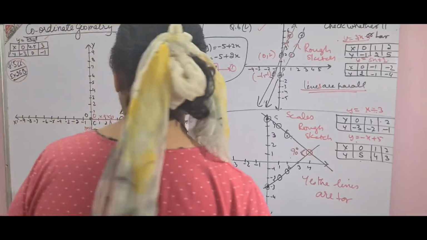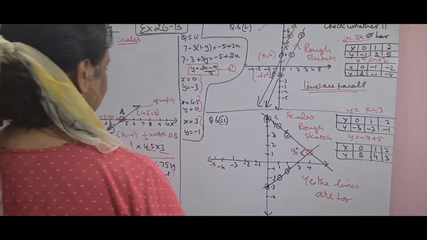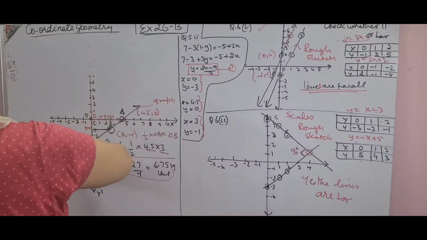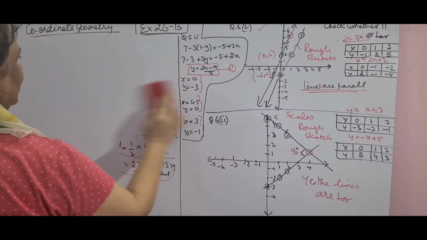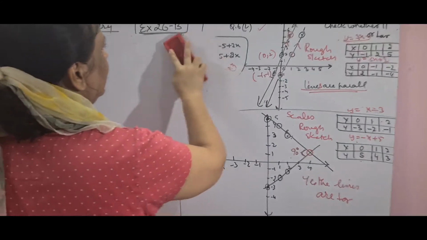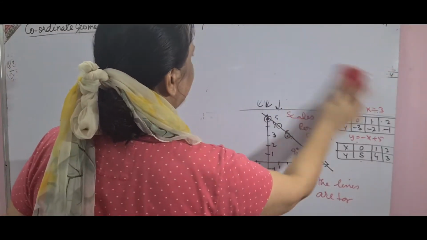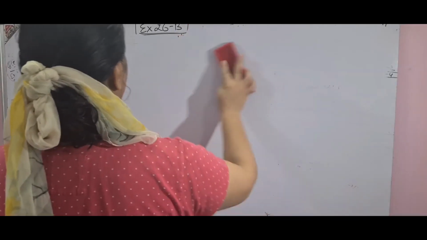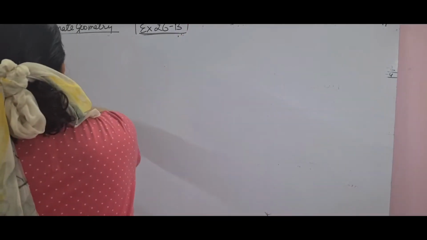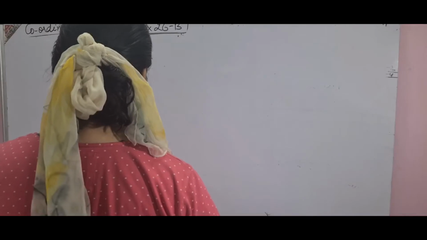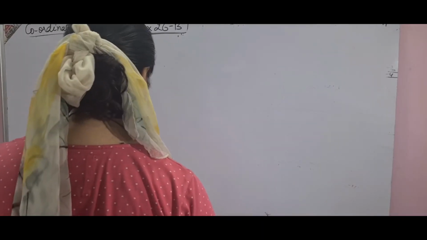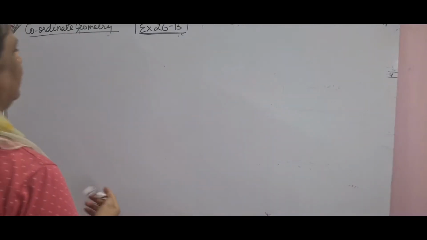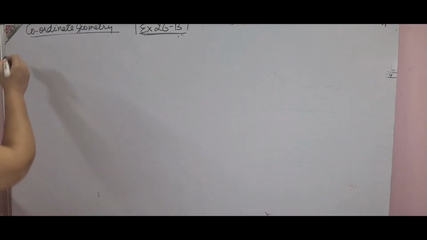Now coming to the next question, that is question number 7 and 8. Both are the same. There are so many questions and most of you are finding it difficult to do. So I'm going to explain how to do this, and it is very easy also, so don't worry. After listening to the video carefully, I'm 100% sure that if you are attentive to what I am saying, you will be able to do these sums. For example, I'm doing question number 8.